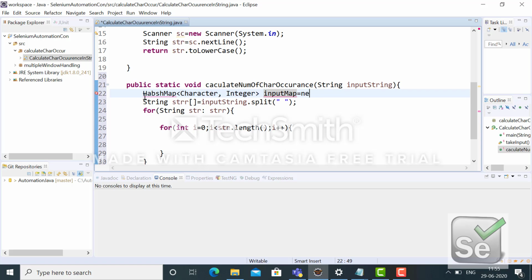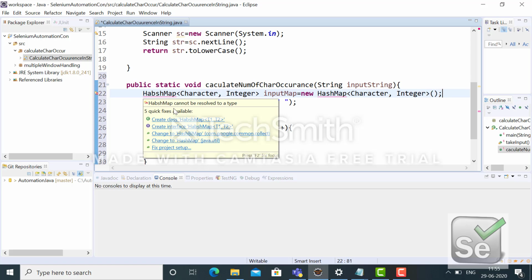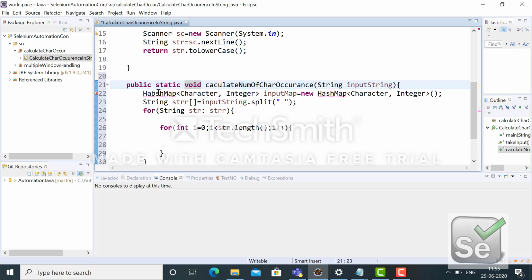Put map. Here again I have to import it. Spelling mistake.